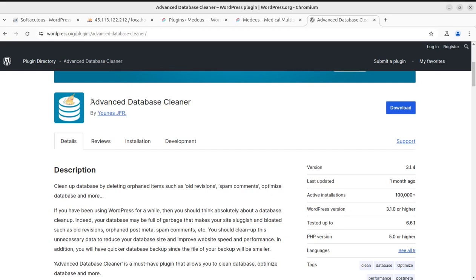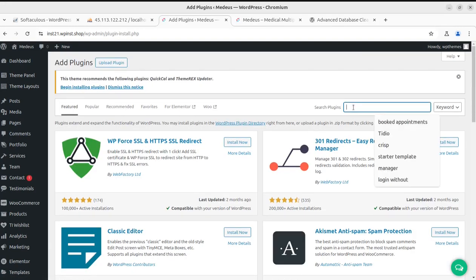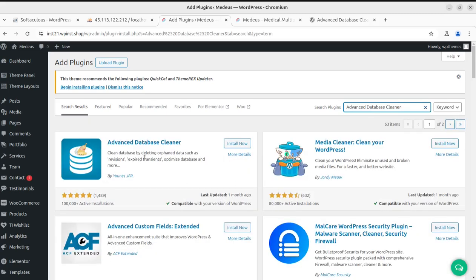We can directly install this plugin from the WordPress dashboard, and I'm going to search for this plugin here on the Add New Plugin screen. And yes, Advanced Database Cleaner is here, and we can simply install this, and let us see which features can help our installation keep our database clean and active always. So we can activate this simply,